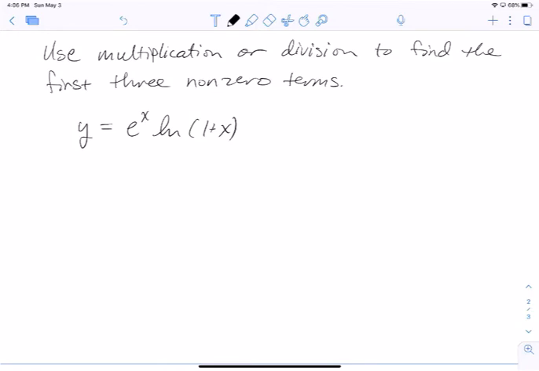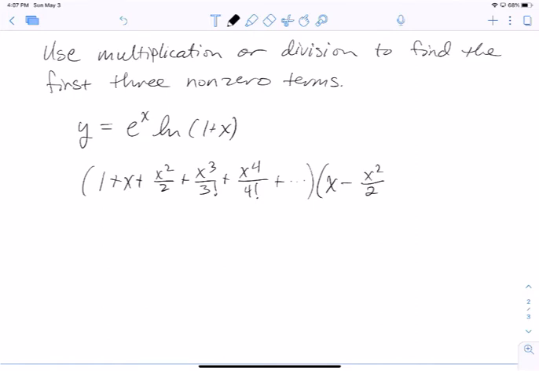Using the power series expansion given in table 1, we know that e to the x is 1 plus x plus x squared over 2 factorial plus x cubed over 3 factorial plus x to the 4th over 4 factorial, and so on. I don't know how many of these we need, but I'll just write down a few of them. And for the natural log of 1 plus x, we have x minus x squared over 2 plus x cubed over 3